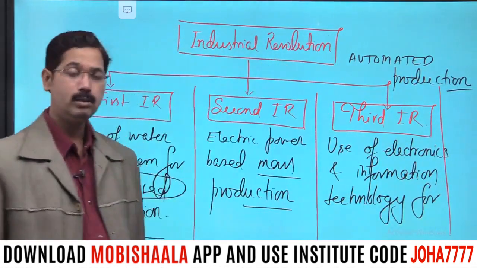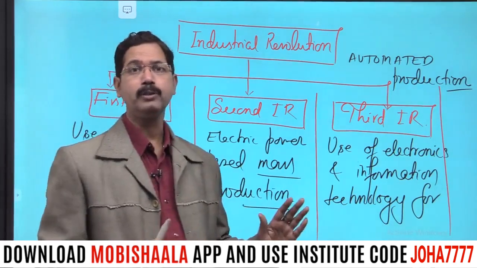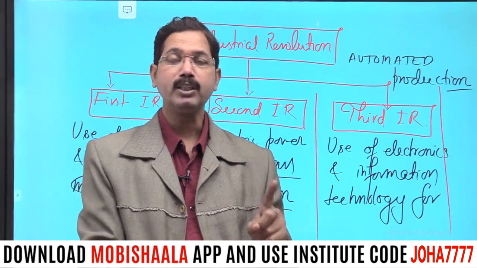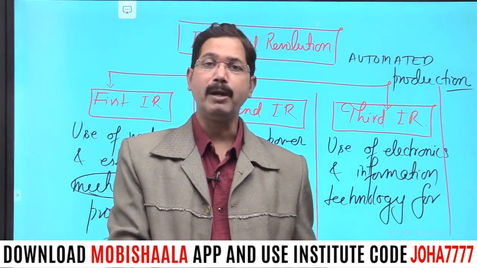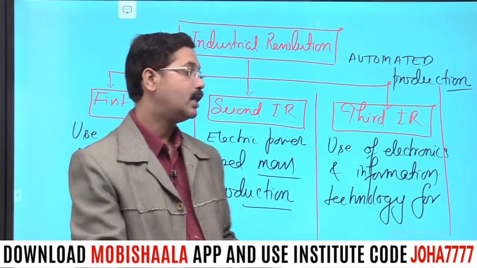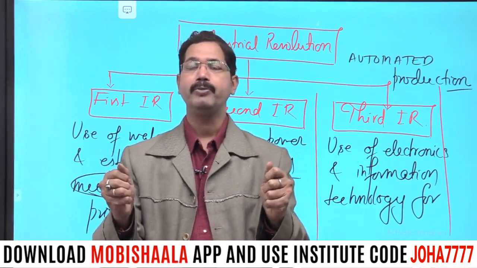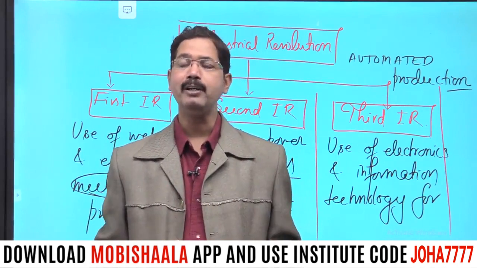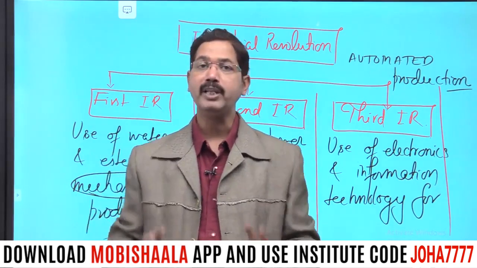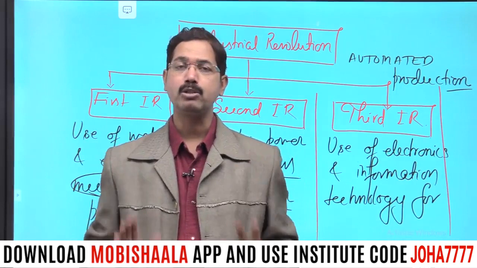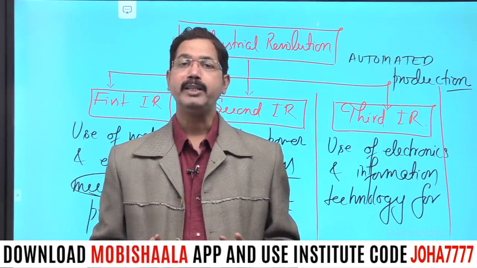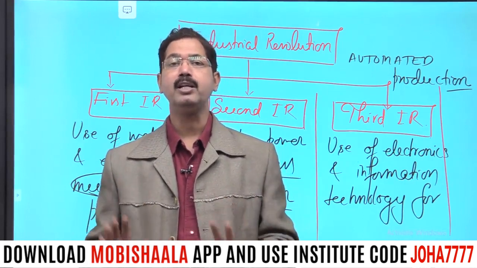Correct. So what is the difference between the third and fourth? In the fourth case, physical, digital and biological. What comes under the biological? I told you robots. Under the biological you can say artificial car. You sit in the car, you don't need a driver, just set the configuration, where to go, and the car will run. So that artificial car is again like a human robot, it is like again a humanoid, and hence that will come under the fourth industrial revolution.